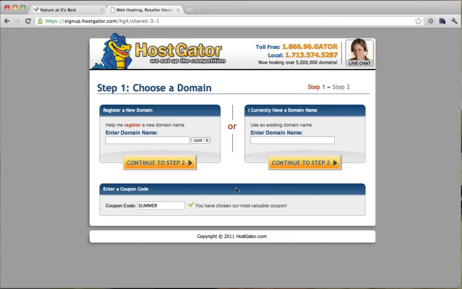And once you click order now, it's going to say, do you have an existing domain name, or do you want to register a new one? Let's say you have a domain name from GoDaddy or something. You registered somewhere else. You would enter that in here. But if you're having a new domain name, then you enter it right here. So we're just going to do the new domain name. We're going to do